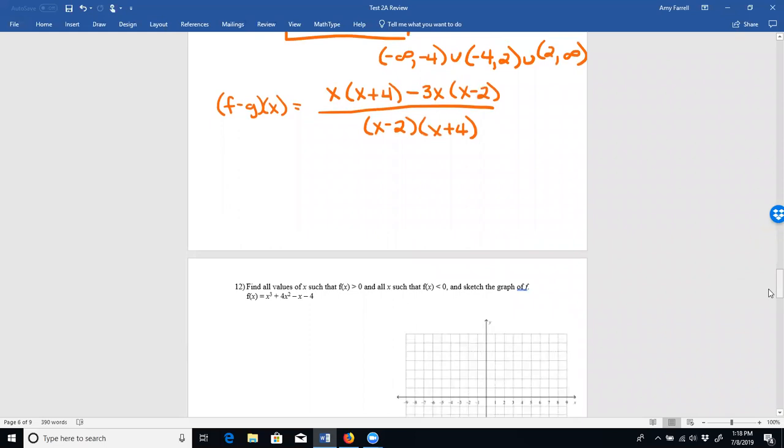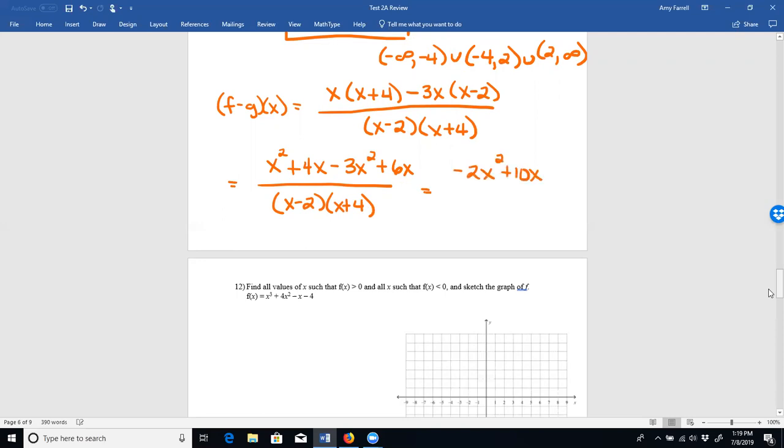But as previously mentioned, you would need to find a common denominator for subtraction. Okay, now I'm going to distribute. When I distribute, I get x squared plus 4x minus 3x squared plus 6x would be a plus 6x. Notice it's a negative 3x being distributed to a negative 2. Combine our like terms, and we get negative 2x squared plus 10x all over x minus 2 times the quantity